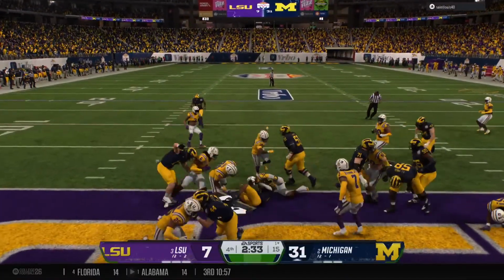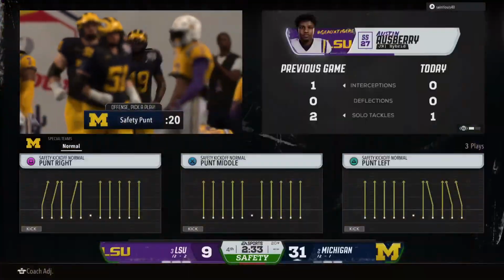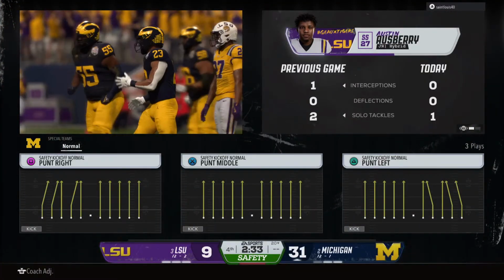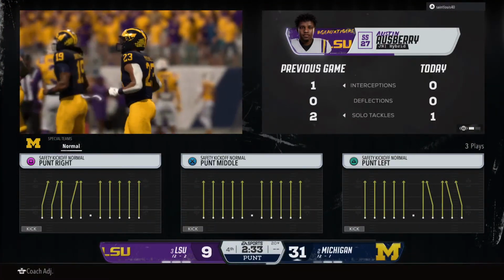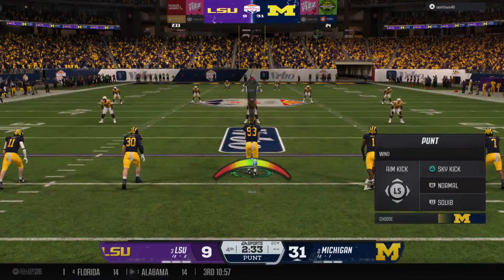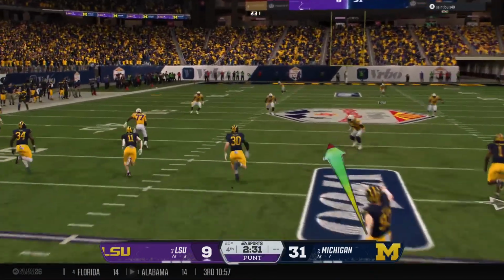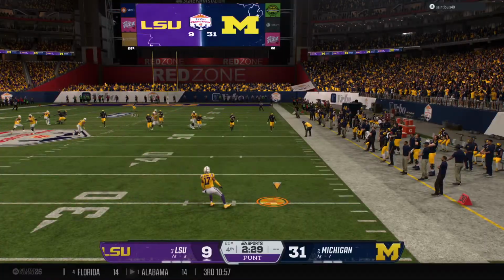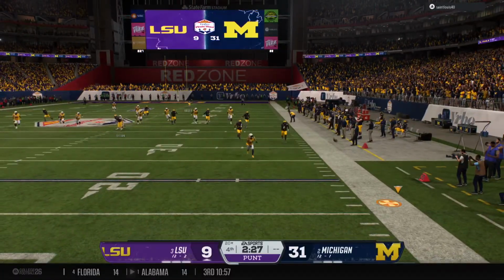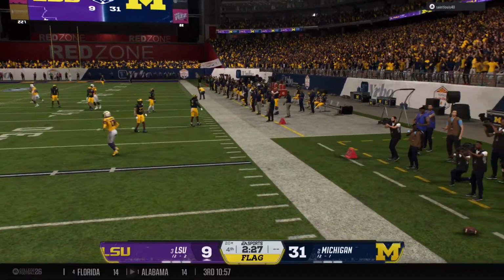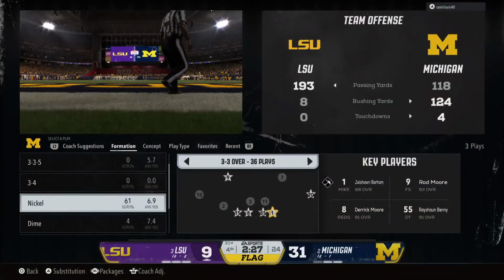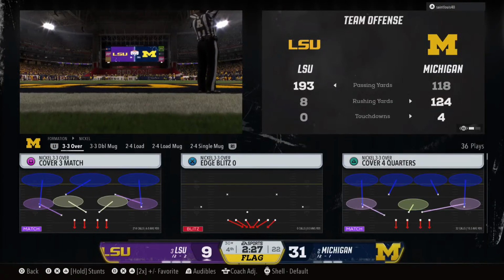So they run the ball to get this one, ends up a safety. Man, that is a big-time play by this defense, and the only way they can score points without getting a turnover. That should give this team a spark. And the head coach will decide to accept the penalty and take the yardage.